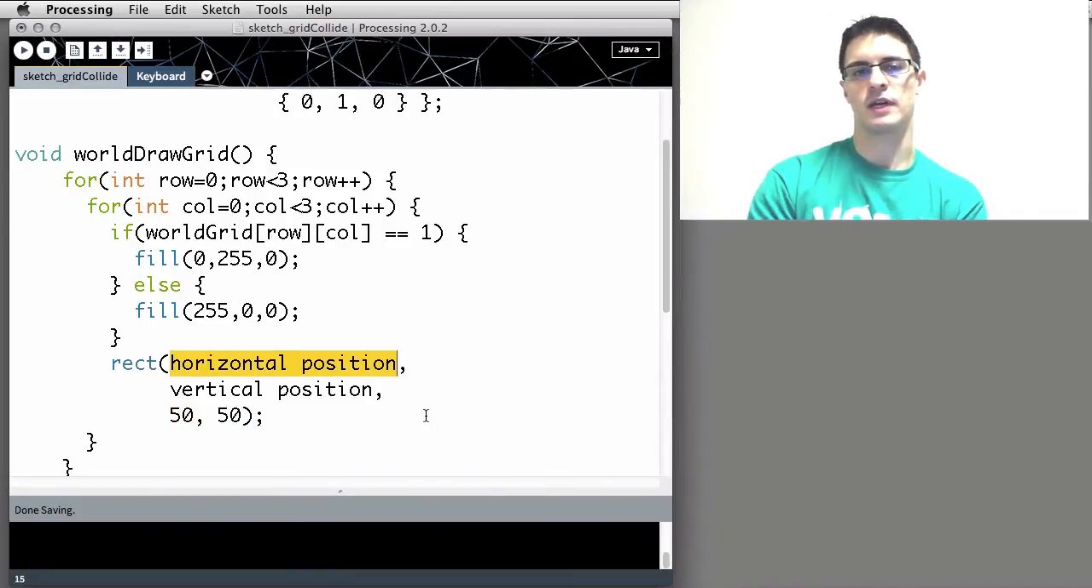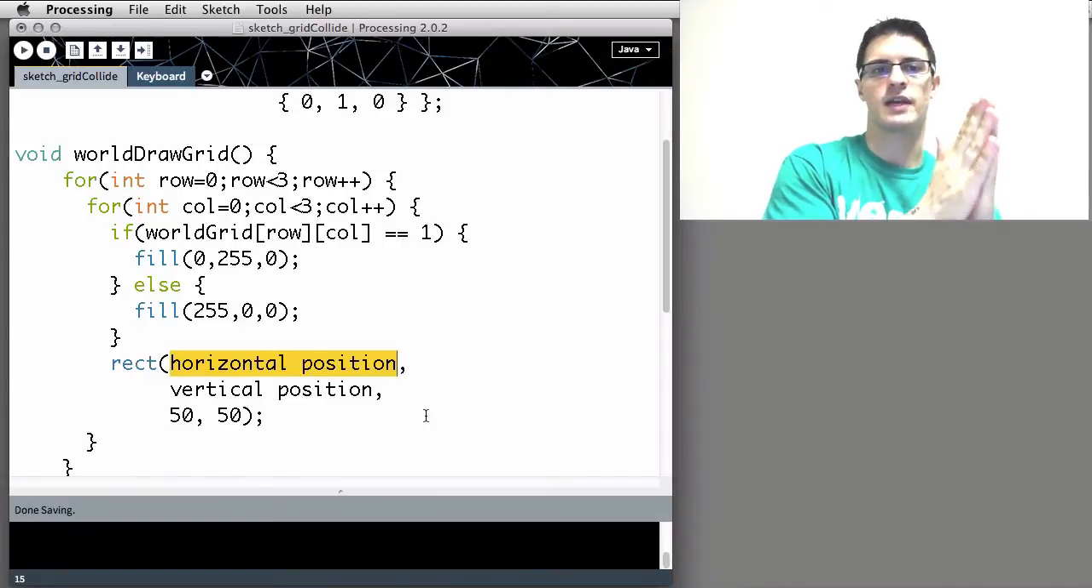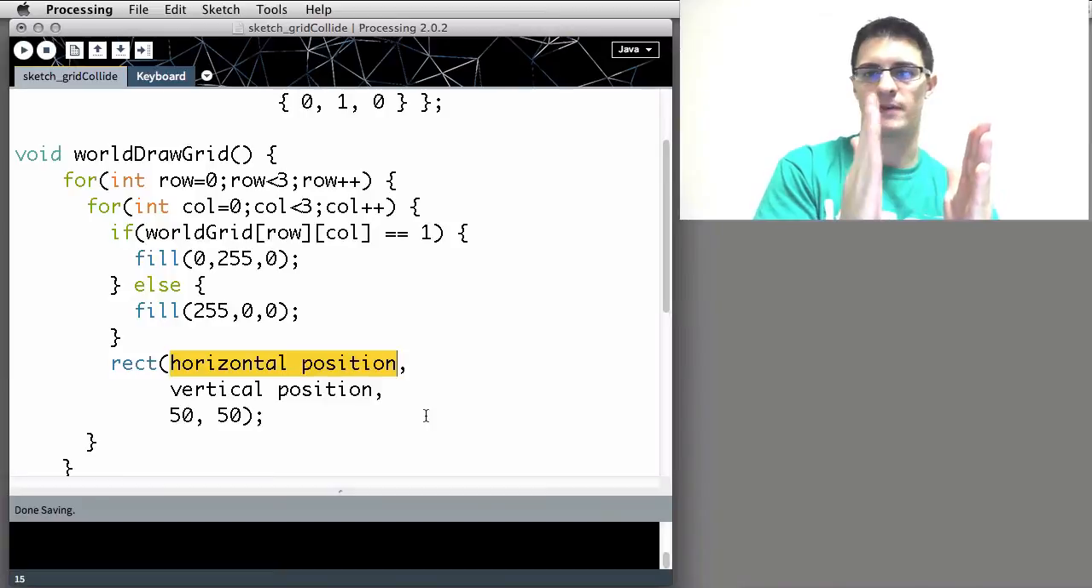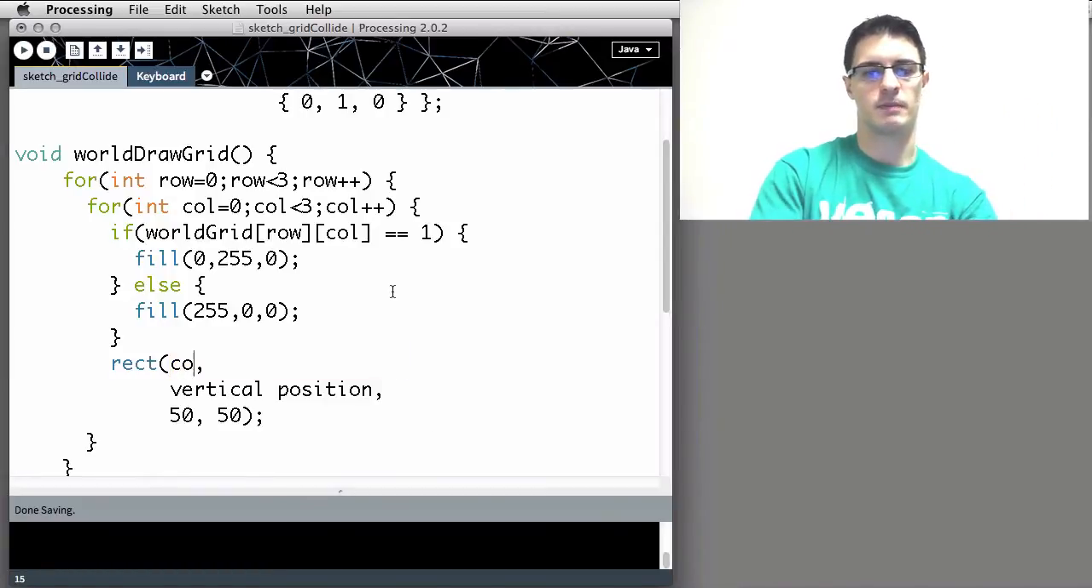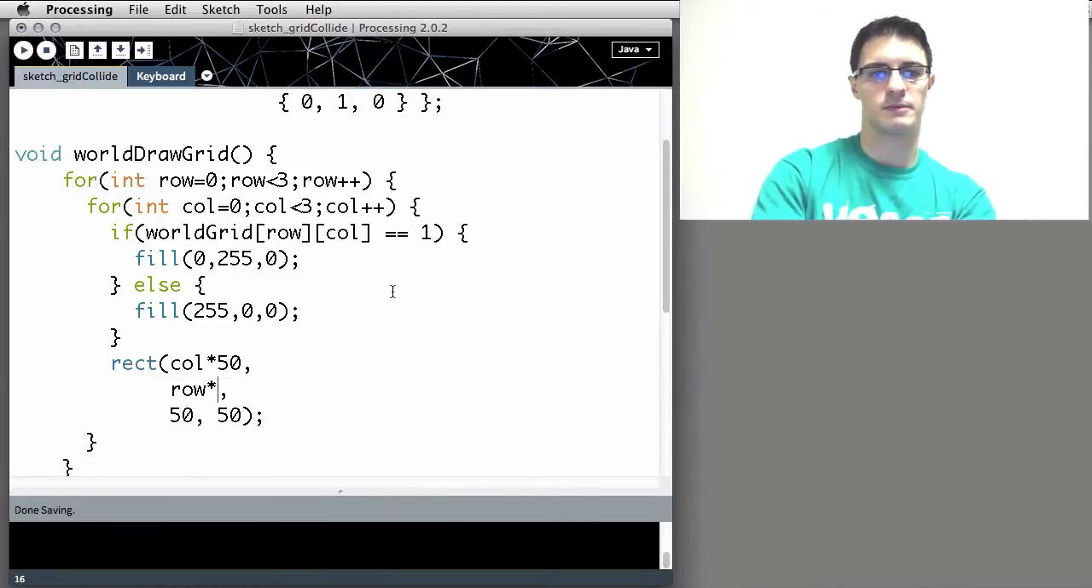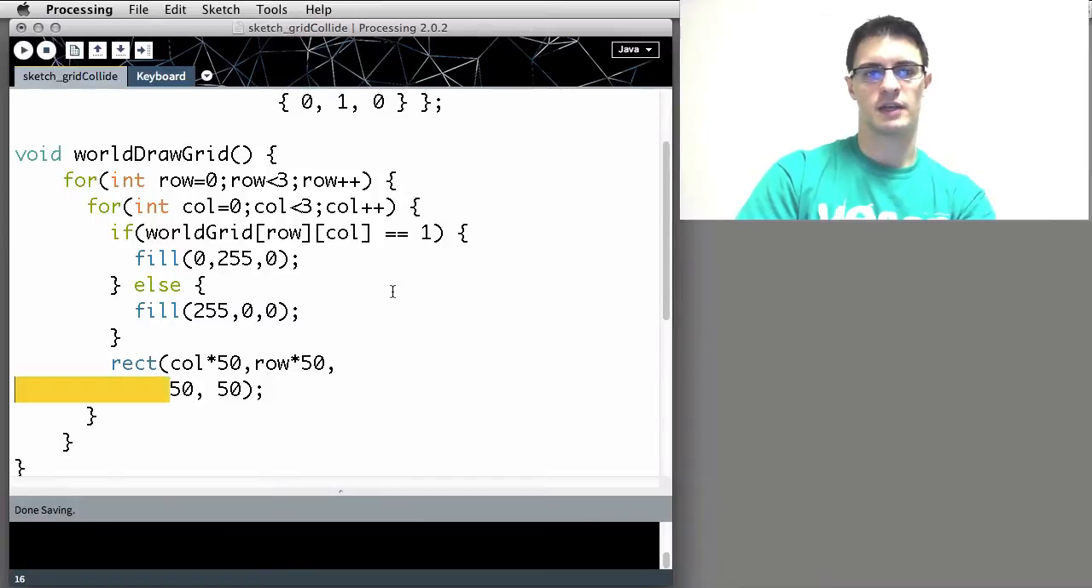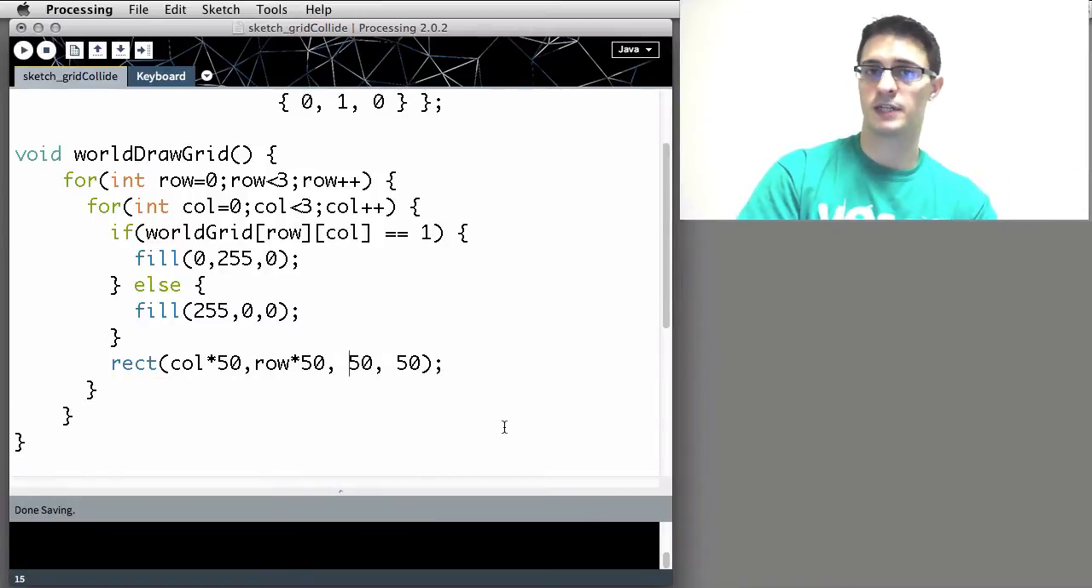on the screen? Well, if it's the very far left side, then we know we want it all the way against the edge. And then for each column over, it should be 50 more pixels. And so if the x position is based on the column, then column times 50, vertical position, row times 50. You'll see what we've done here is just taken the assumption that because every tile is 50 pixels, we can skip ahead. So if we're on the third column, 3 times 50 will put us over 150 pixels